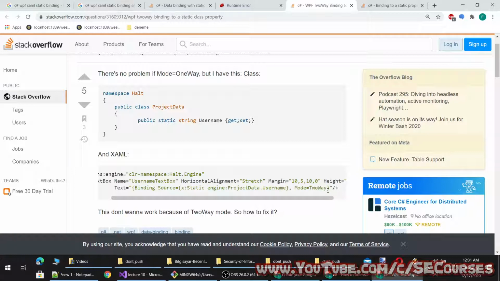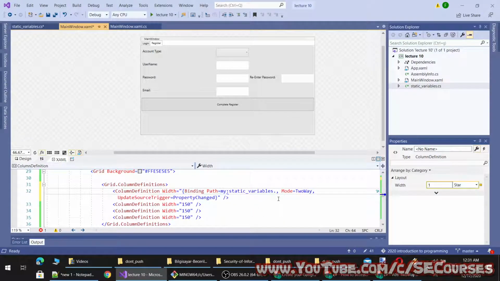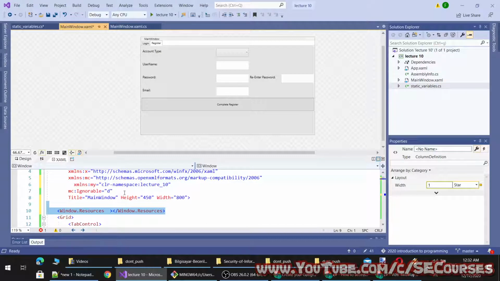Okay, so binding source. There are different namings. I wonder if all of them work. Binding source x:Static, my is my definition, and here we have, okay, it doesn't appear. Let's move this to here and remove this.